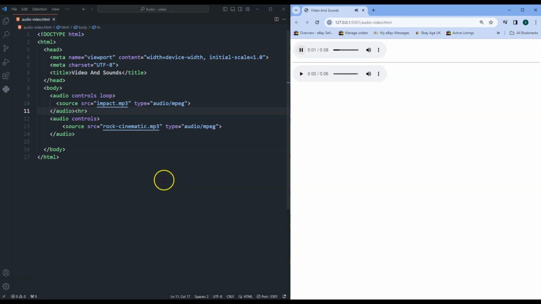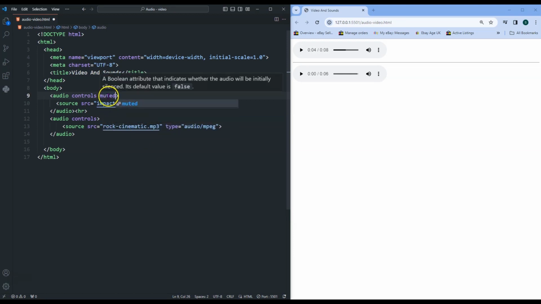And again, this will keep looping because we use the loop attribute for that same file, which you can pause at any minute by pressing the pause button. So that's what the loop attribute does. Now muted: if you use the muted attribute and save that, you can see that it is